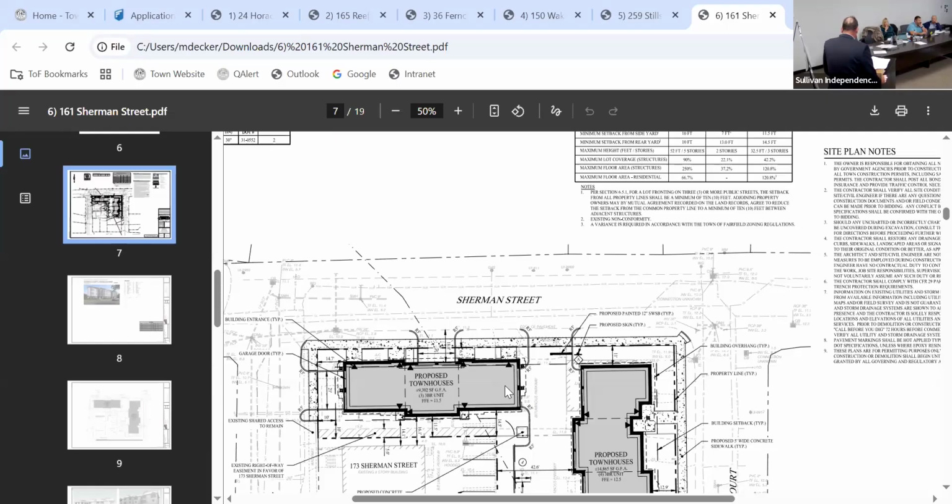For all those reasons, I would really request you grant this application. I think we've satisfied your hardship standards, and I think approving this doesn't cause any detrimental effect to the health, safety, and welfare of any of the residents of Fairfield, or have any detrimental effect on property values. In fact, I think it will increase property values in the general area. We're really excited about the project, and I think it's something that is going to be kind of a standard in town to set. So I'd be happy to answer any questions.